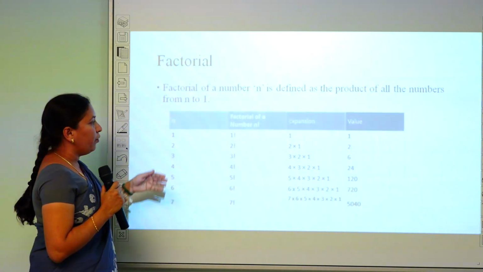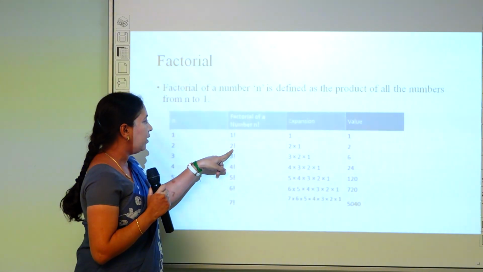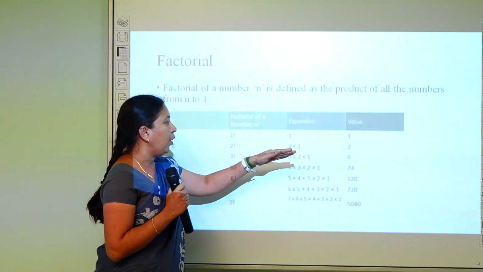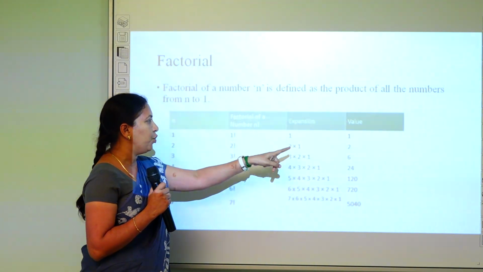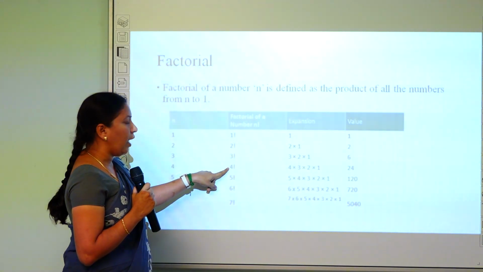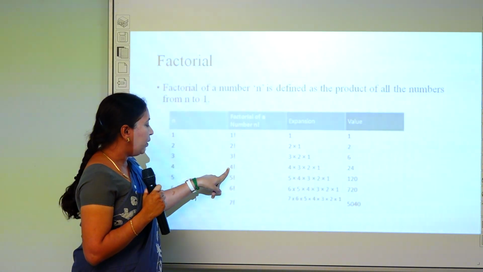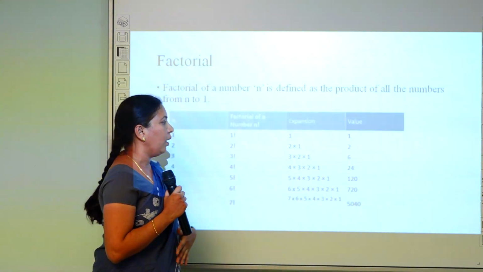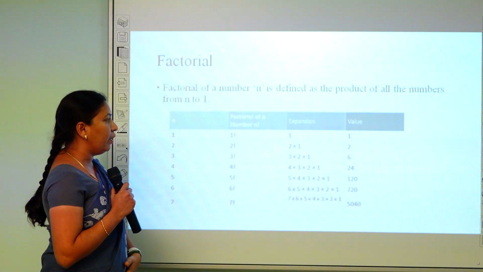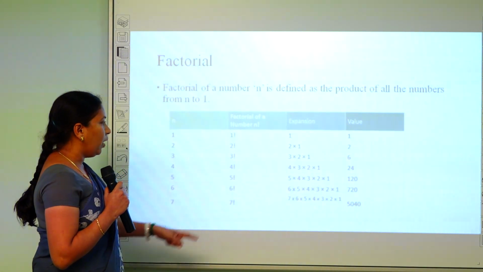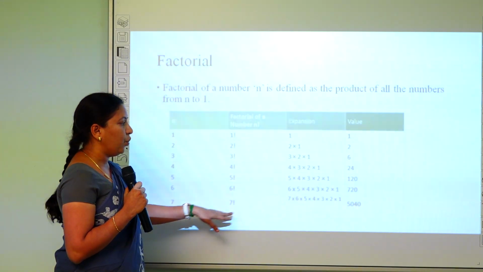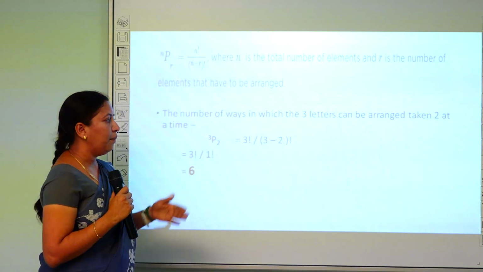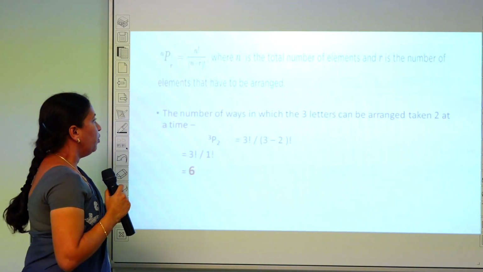So how to find out the factorial value? Suppose if you want to find the 2 factorial value, you have to start with the 2 and you have to end with 1 and you have to multiply all the numbers. That is 2 into 1, 2. Suppose if you want to find the factorial value 4, you have to start with the n number, then you have to end with 1. That is 4 into 3 into 2 into 1, 24. And 5 factorial will give you 120 and 6 factorial will give you 720 and 7 factorial will give you 5040. So likewise you have to find out the factorial values, and please remember the factorial values